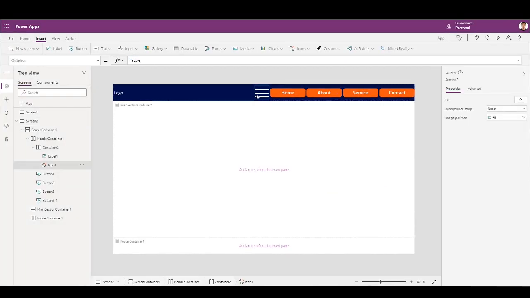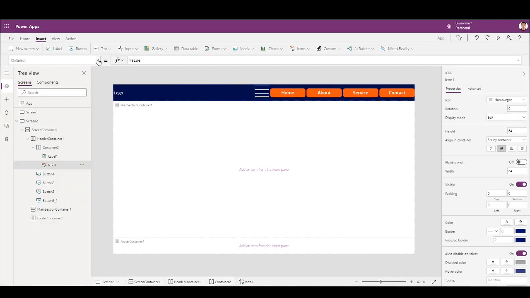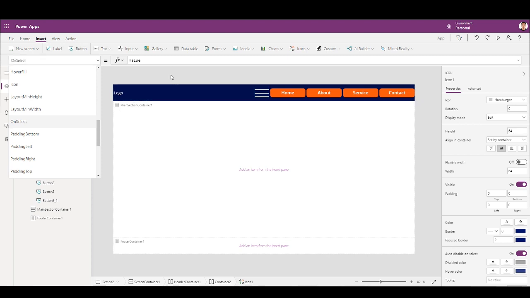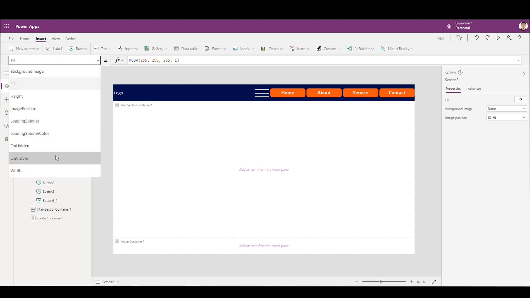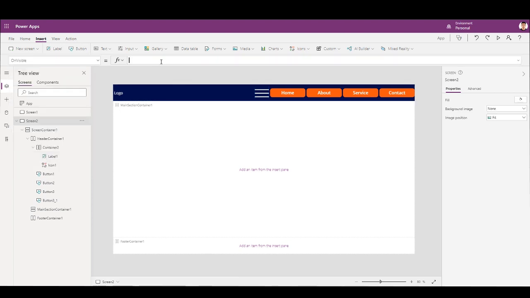So what I need to do now is, on the click of this button, the home, service and contact need to appear and disappear. So what I'll do is I'll go here, and first of all I'll set a value on visible. So update, since it's just locally used, I will not use set and just use UpdateContext.